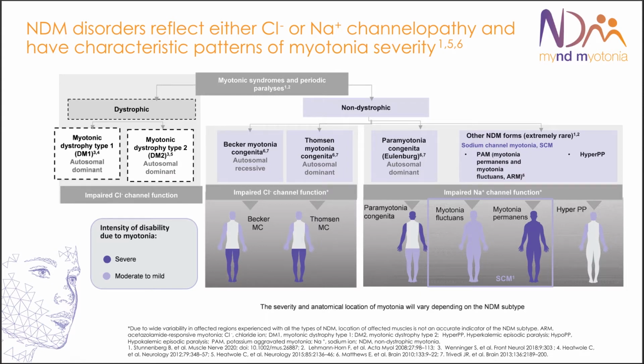because you can see where the myotonia is more severe. For example, in patients with chloride channel dysfunction, both Becker and Thomsen, you can see that myotonia is more severe in the legs, while the arms can be affected but are less affected. And this is different in patients with sodium channel dysfunction, where you can see that it's variable depending on the clinical picture, but is in general more severe in the upper limbs and also the facial muscles.